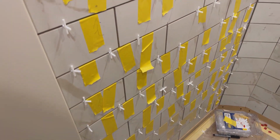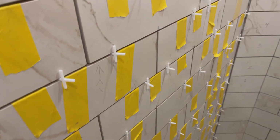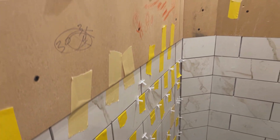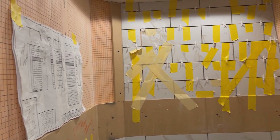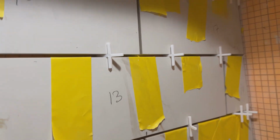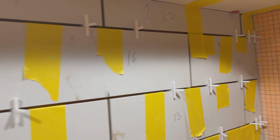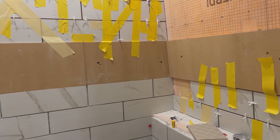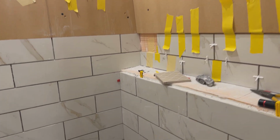And we were actually talking about the floor, but the same thing holds true when it comes to the tile work in the shower. Each individual tile has been selected for a location, and they are numbered. If you look close enough, in pencil, there, John's got that 13, 16, 15, of course, next to 16. But each one of these is selected, and it's just got to be right because it needs to flow. This is all natural stone, and natural stone has absolutely